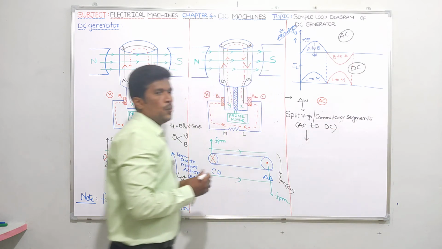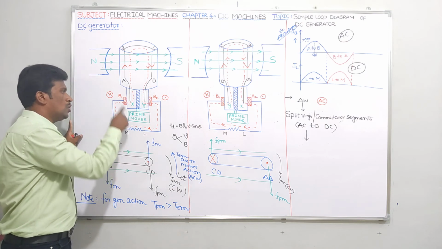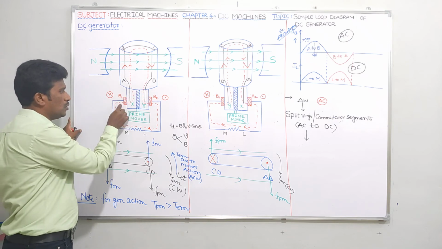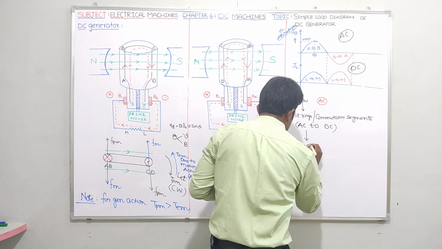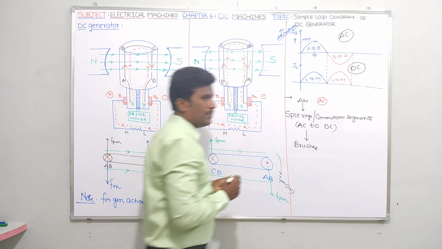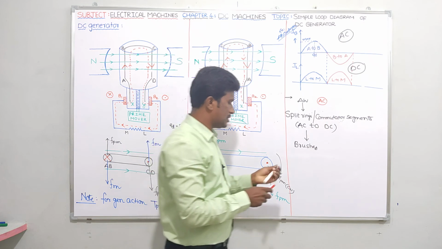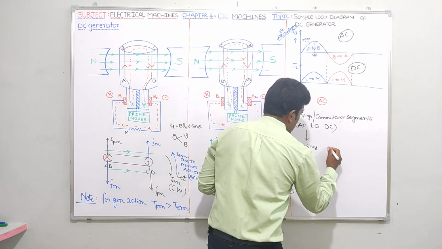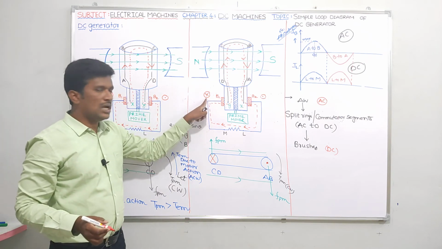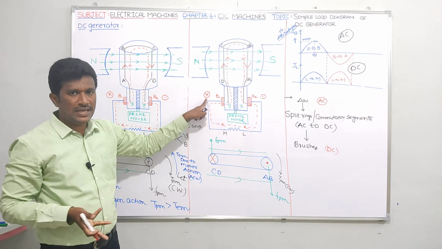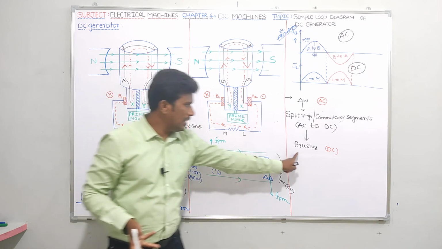Okay, what is the function of commutator? It converts AC induced in the armature winding to DC, and that DC supply is given to load through brushes. So from split rings, supply is coming to brushes. Let me write here: brushes. Tell me what is the type of supply available at the brushes. After commutation action has taken place, it converts AC to DC, so obviously at the brushes, DC supply will be available. If you are in doubt, you can check. In B1 brush, previously it is a cross. Here also B1 is cross only, meaning polarities are not changed, so we are getting DC supply at the brushes. Here B2 is dot, after 180 degrees also B2 is dot only. So we are getting DC supply at the brushes.